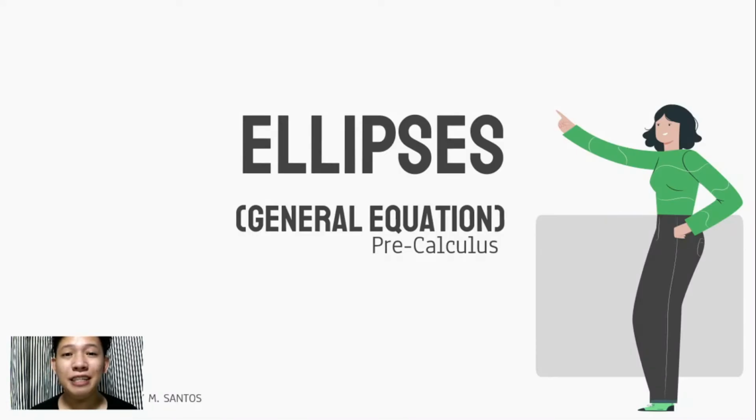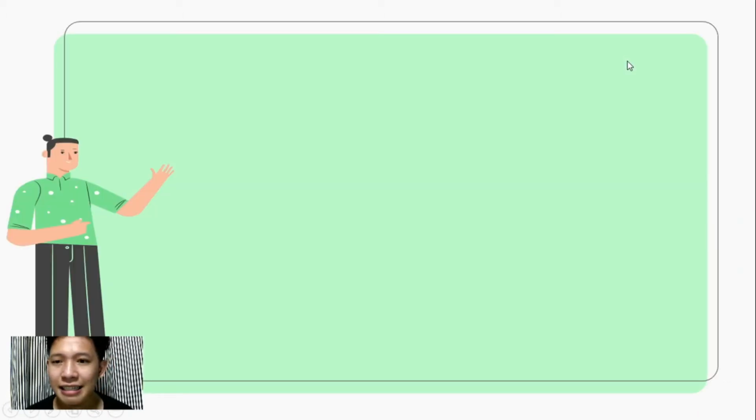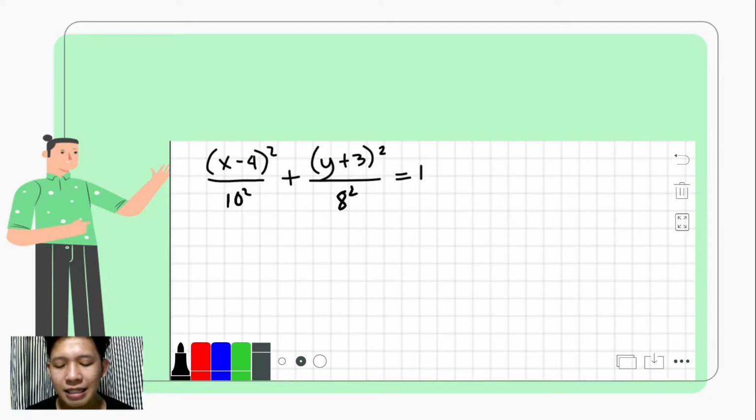Everyone. So for today's video, we're going to discuss something about the general equation of the ellipse. Okay? So, just like circles and parabolas, we get the general equation of the ellipse by expanding the standard form of the equation. Okay? So let us just have the example from the previous video, to which we have here x minus 4